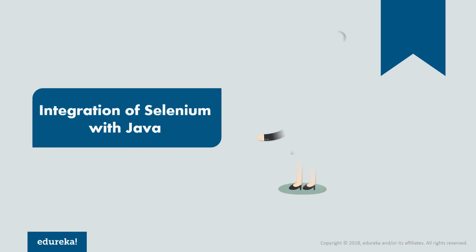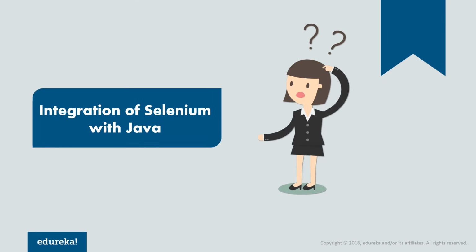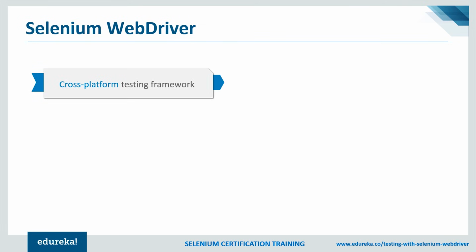Okay. So now let's move ahead and see how do we integrate the Java programs with Selenium. So this is where the Selenium WebDriver comes into picture. So a product is developed for multiple platforms. Here by product, I mean the different browsers. So the choice of platform is endless, and hence cross-platform testing is performed to determine the behavior of the applications in different environments. Let's take a short example out here. Say the user interface of a web application appears correctly in the Chrome browser, but the layout might be disturbed in the IE browser. This is not preferred by the developer, and hence cross-platform testing becomes essential.